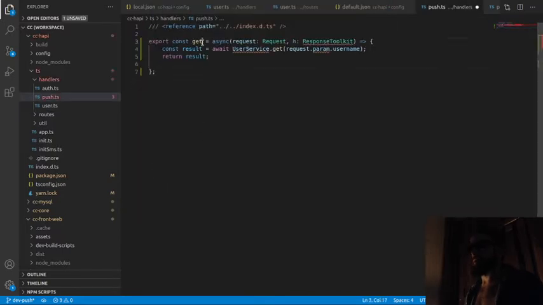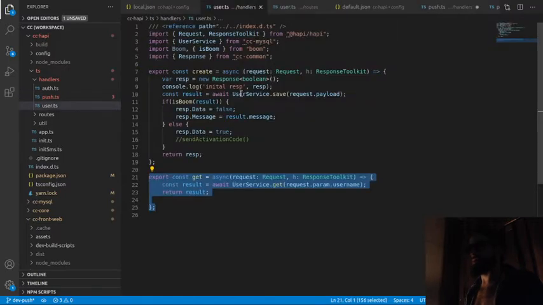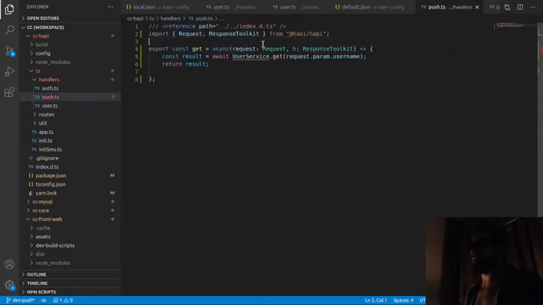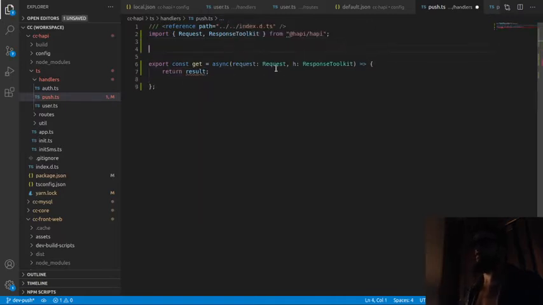There we go. And so this will, I'll just leave that as get for now. That's fine. It doesn't like response toolkits. It's probably because I need to add this as well. Alright, and that's part of the Hapi API. Okay, I don't need the user service here. What I do need is to